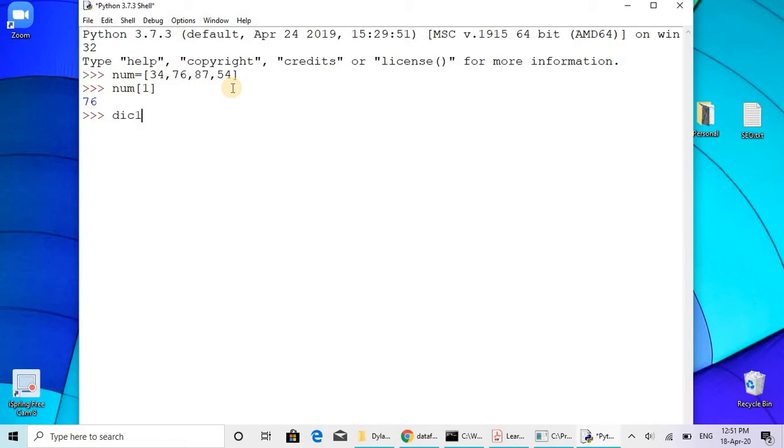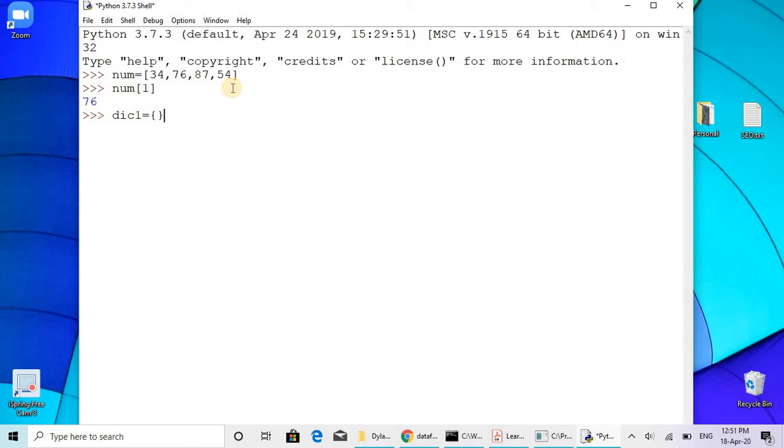Dic1, I'm giving some variable name, that's all. Any name you can give, num or any such variable name. I am choosing dic1. Dic1 equal to, just in curly brackets we can define a dictionary like this. By doing this, I am defining a blank dictionary.